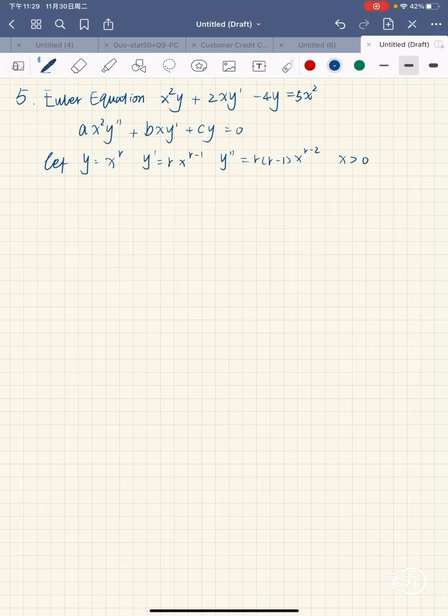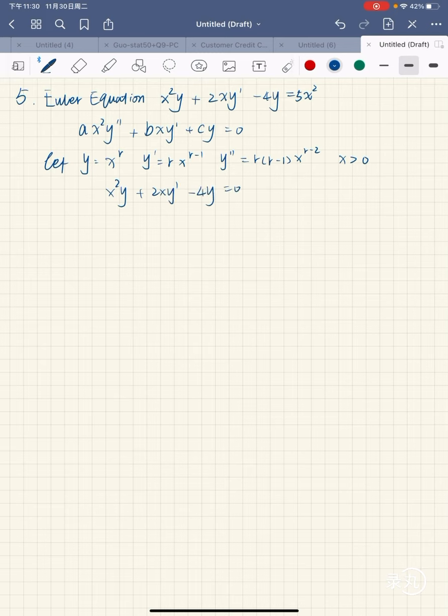So this is a non-homogeneous equation, so we need to solve it in two parts, y homogeneous and y particular. So I'm going to make it a homogeneous equation. So it's going to be like this,